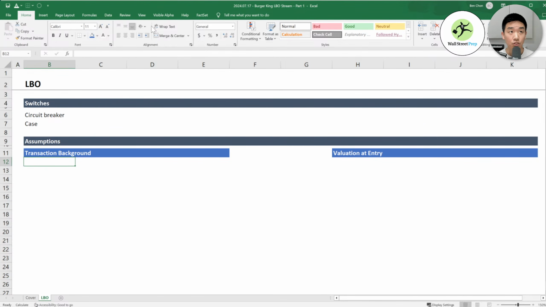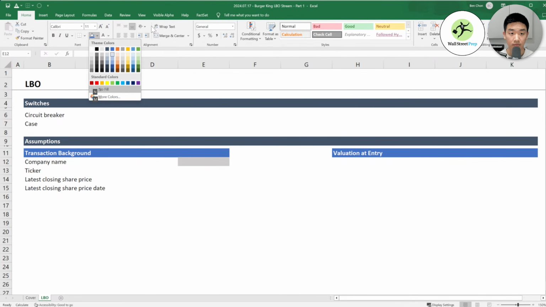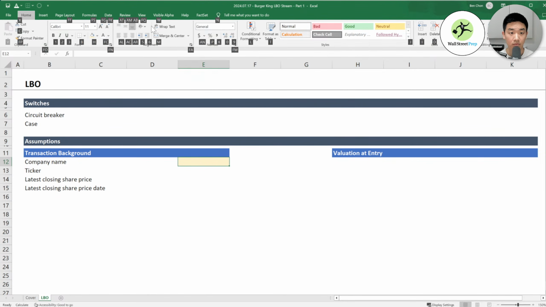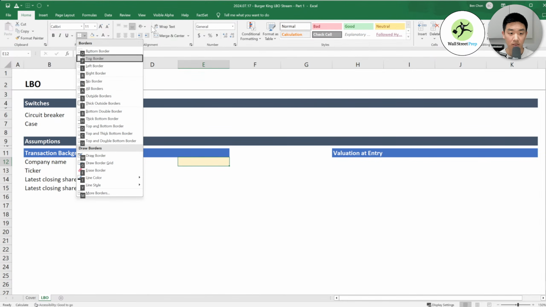For transaction background, let's get our company name, ticker, latest closing share price, latest closing share price date. And then I'm going to add some borders here.